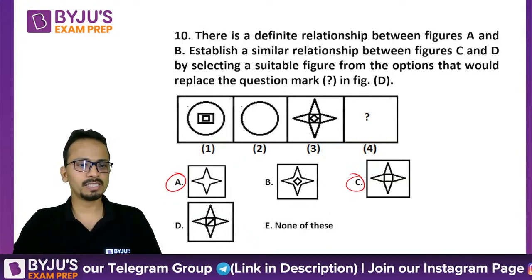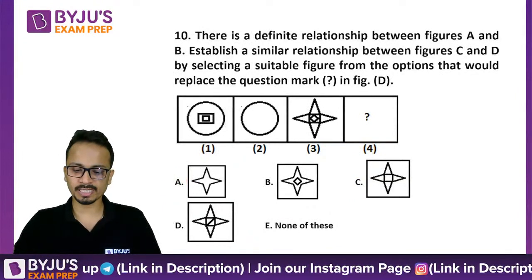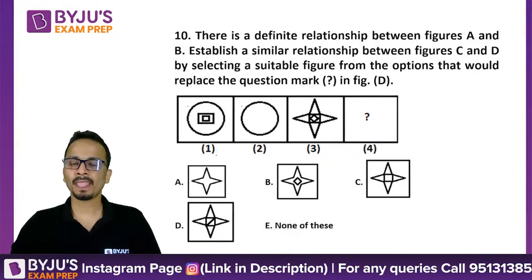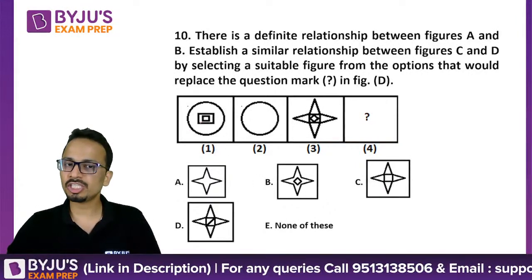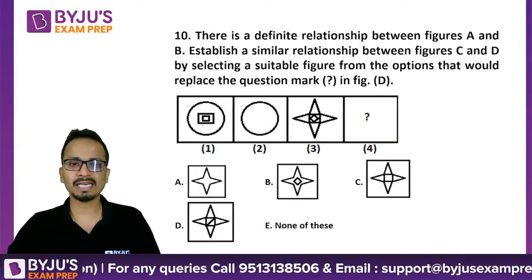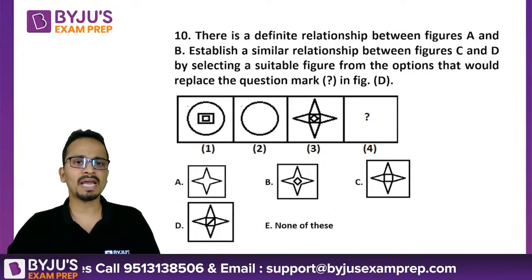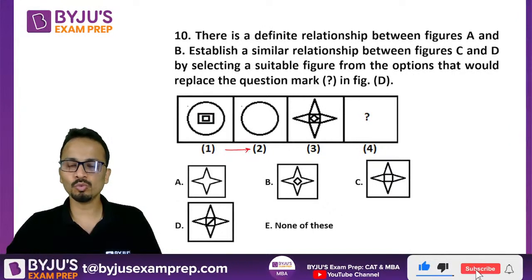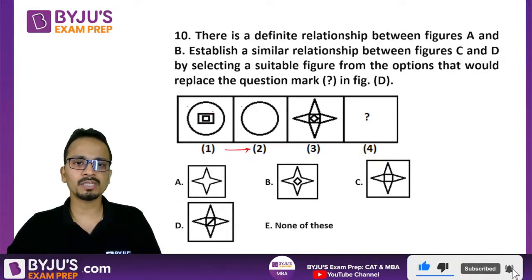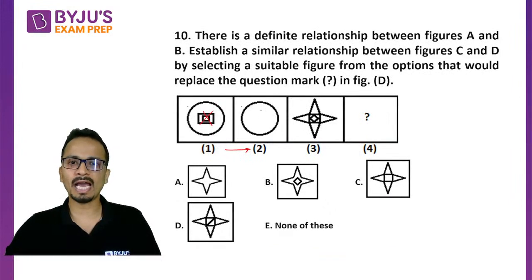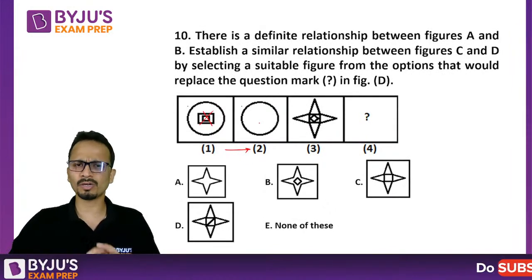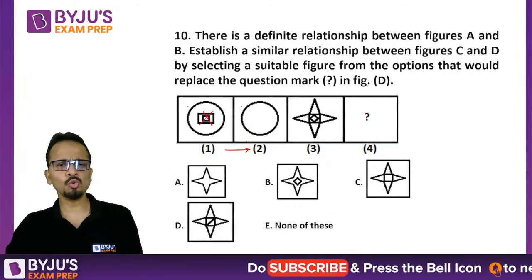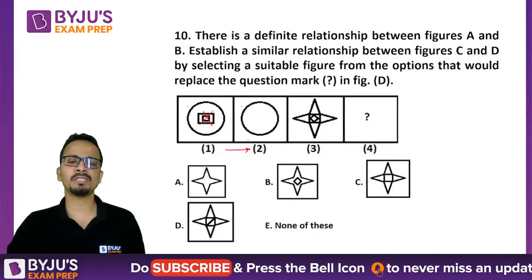Okay, so let's see which one of these two options is the correct answer. Now most of you have responded with your answers. Nice. Now in figure 1, there are three shapes: a circle, inside the circle a rectangle, and then a square. To obtain figure number 2, the inner two figures are eliminated and they have retained the outer figure only. So out of the three shapes in figure number 1, two are removed and they have kept the outer shape only.